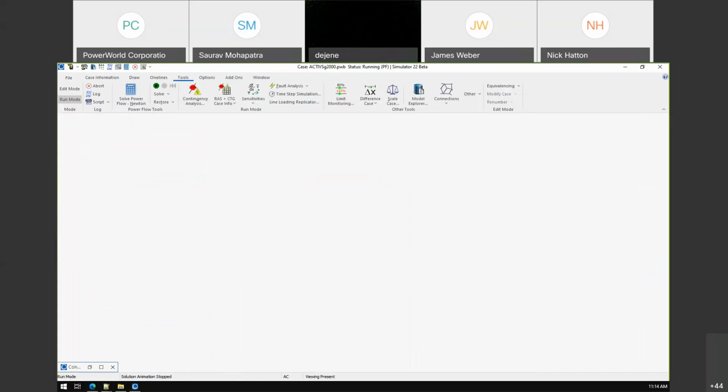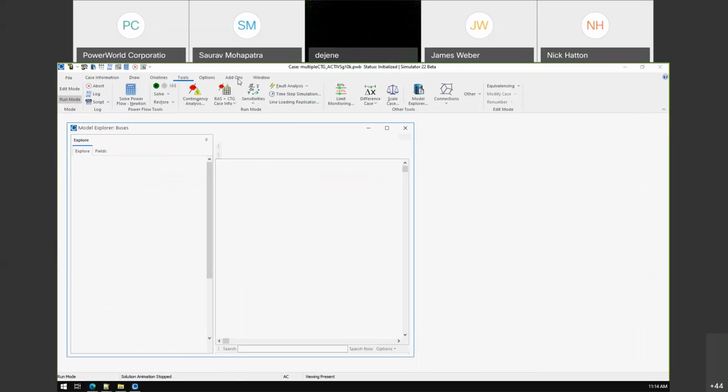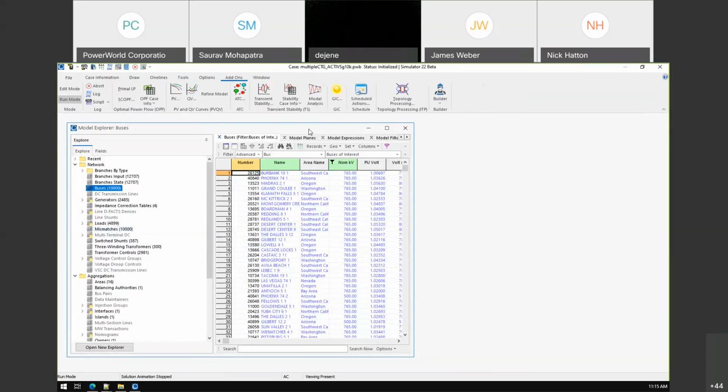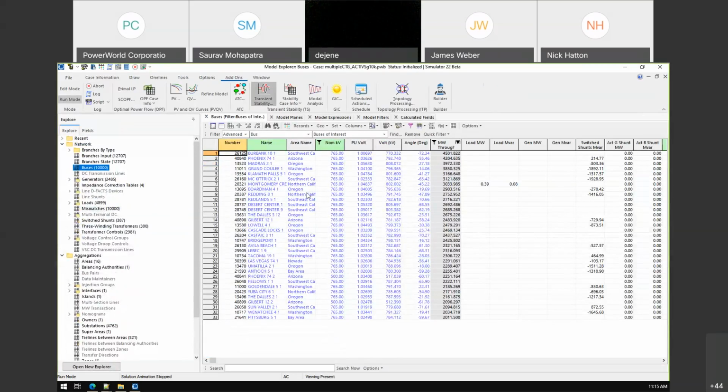Now, the last thing I wanted to show you is to do with transient stability. There's a new feature called Transient Stability Result Analyzer, which Jamie is going to talk about in next week's session. For now, I'm just going to show you where it is in simulator. One is called the Transient Stability Analyzer, and the second thing, which has already existed for quite some time, has been enhanced. I'll show you that, which is called frequency analysis. So in transient stability, if you look at a case which you already have results for,